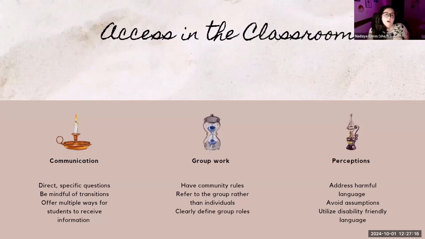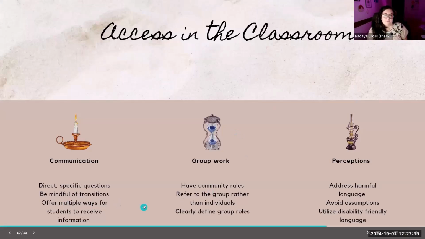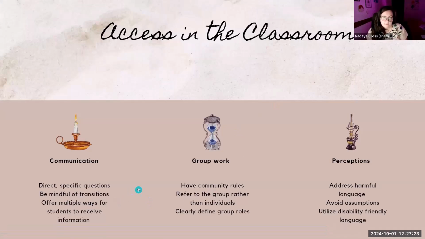I said that wrong. And then again, offer multiple ways for students to receive information. So like earlier, I was talking about reading the text on every slide. That would be a great example of where they can receive it multiple ways. Or if you have the students listen to an audio podcast, there's no visual output, consider sharing a transcript. Well, I mean, we should share a transcript for that podcast so that if a student doesn't want to listen to it, they can at least read through the information.